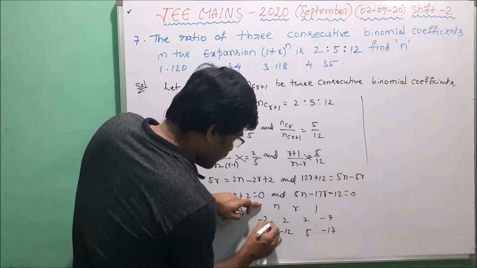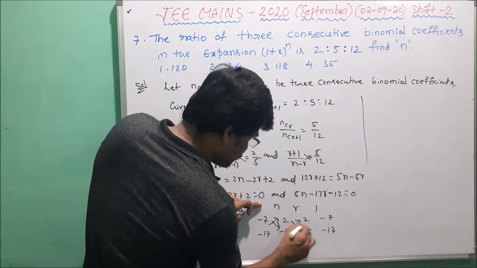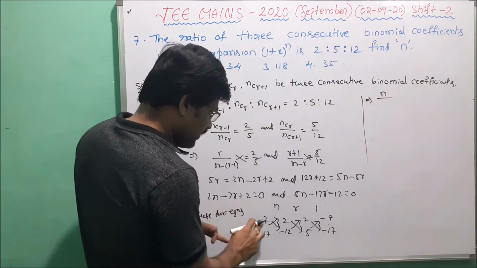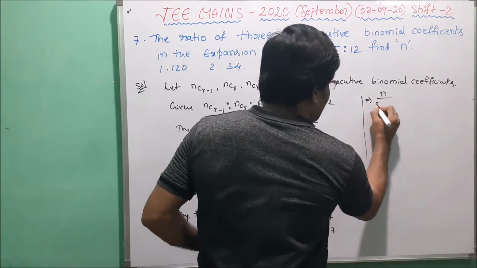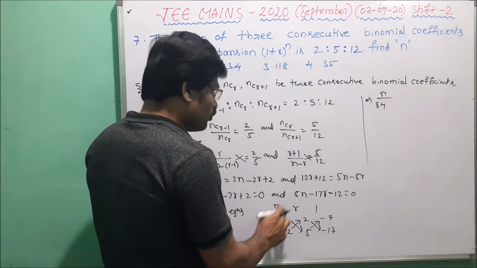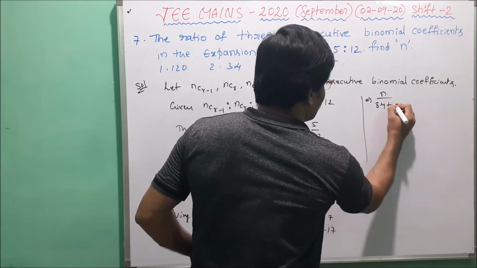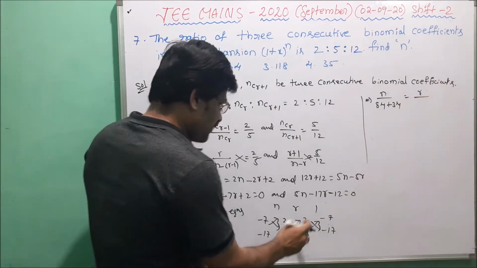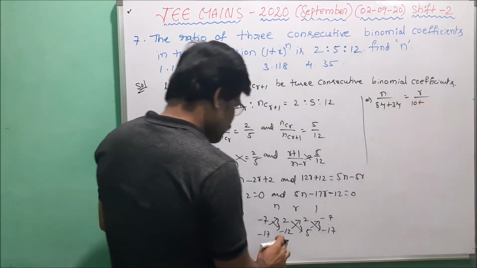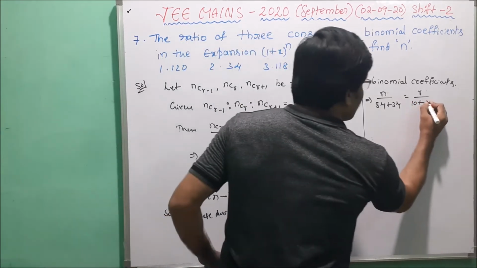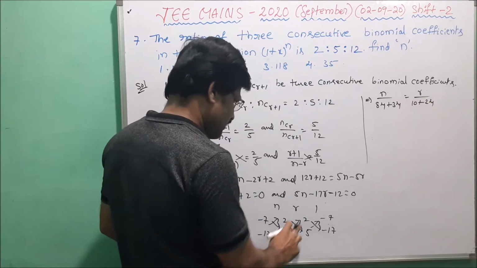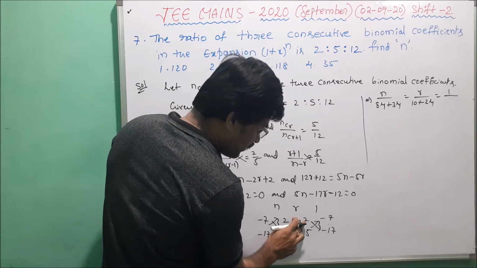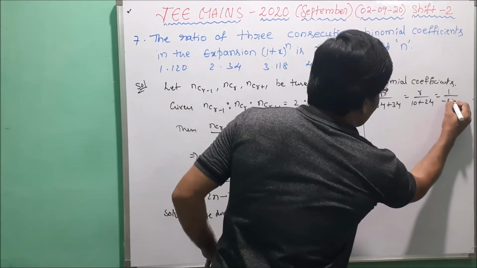Now it can be simplified. Here we take cross multiplication. Which implies n by, in this, minus 7 into minus 12, that is 84, minus 17 into 2, so minus of minus 17 plus, 17 into 2 that is 34, equals r by, 2 into 5 is 10 plus 12 into 2 is 24. So plus 24, minus of minus is plus. In this 1 by, here we take cross multiplication, 2 into minus 17, minus 34.